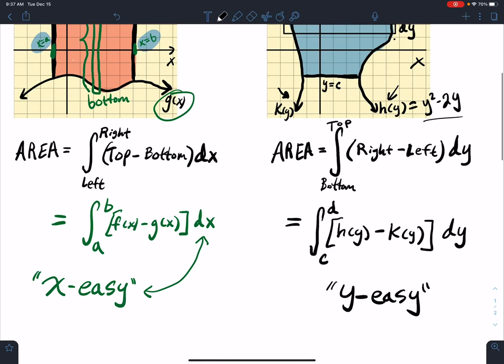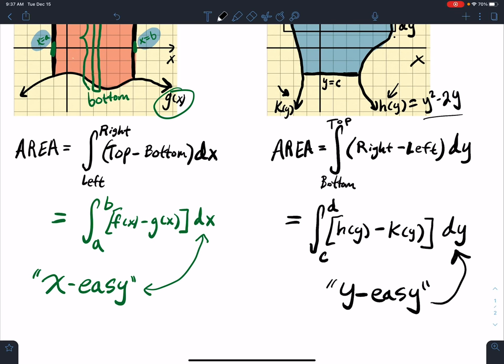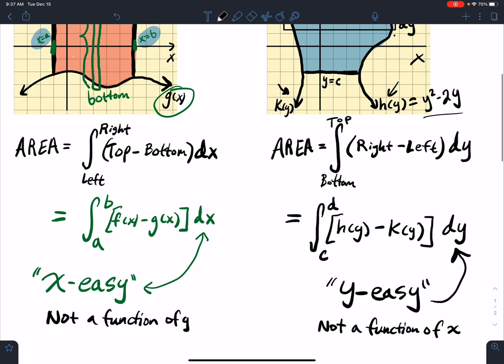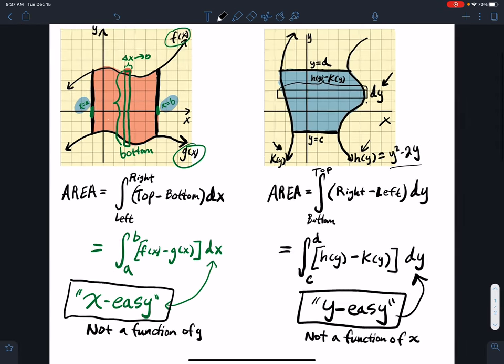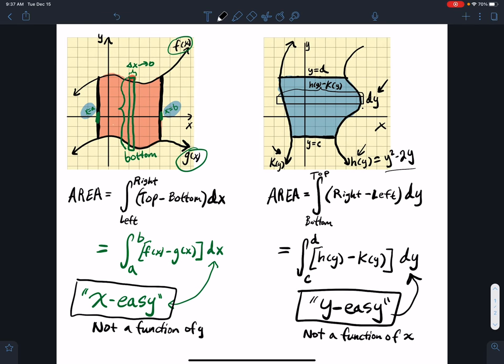Okay. All right, it's y easy because it's not a function of x, just like this was not a function of y. Okay. See, this here is a function of y for this one, it's a function of x for this one. That's why we use x easy for the first one and y easy for the next one. Okay. So h and k,